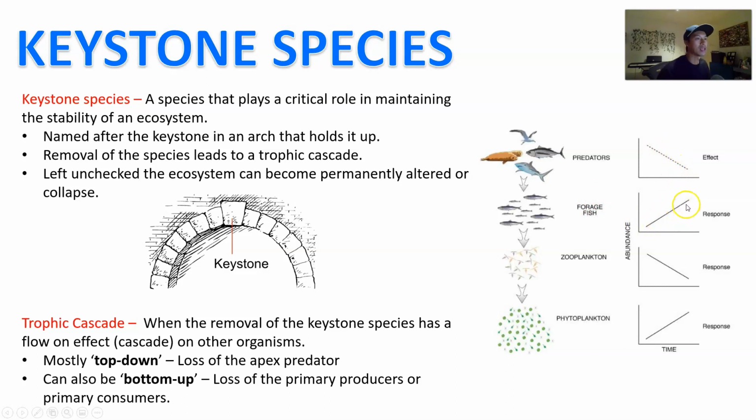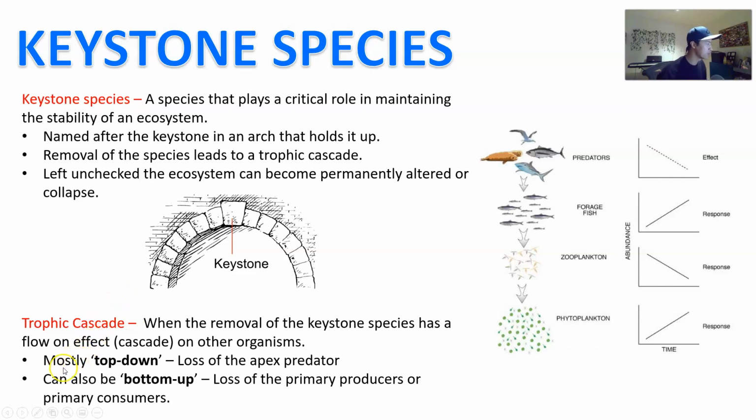And then they, in turn, are going to be so widespread that they're going to start over-consuming the zooplankton, which then results in an overproduction of the phytoplankton. So you see this flow-on effect occurring, and we call that a trophic cascade. When you remove a keystone species, it's not just going to affect the population of the species, or even the thing that is directly below it or above it, but it's going to have a flow-on or cascading effect to the whole ecosystem.